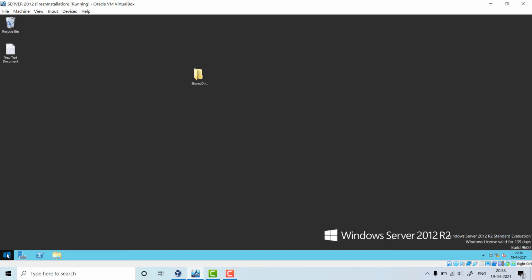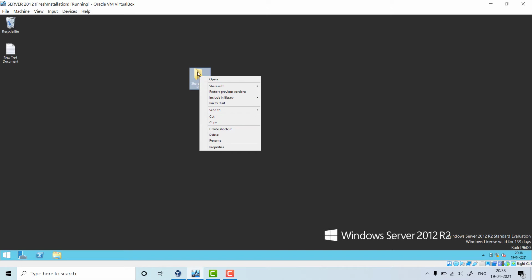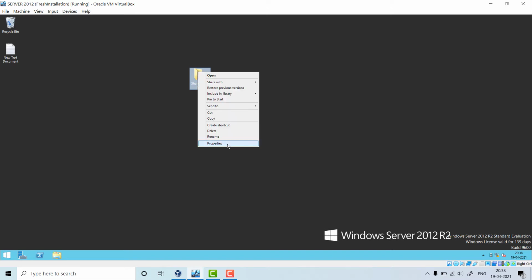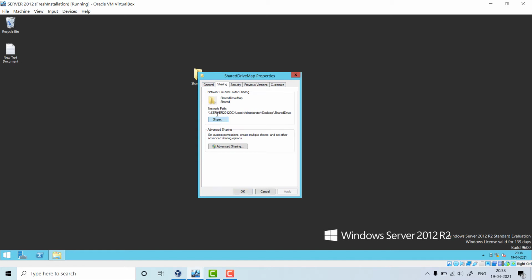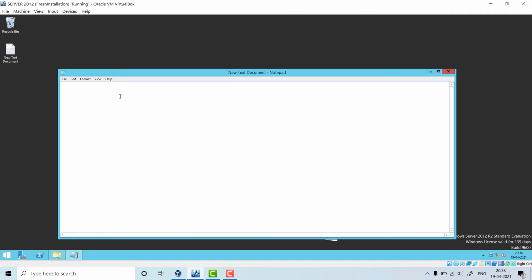Right click and select properties, click here on sharing, and here you have to copy this path because we will need it.